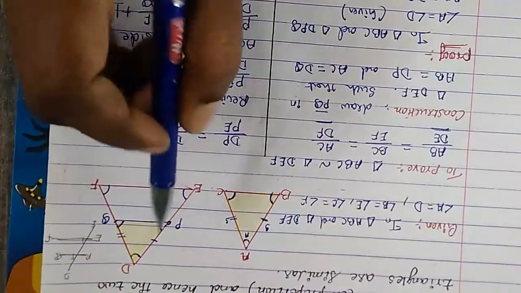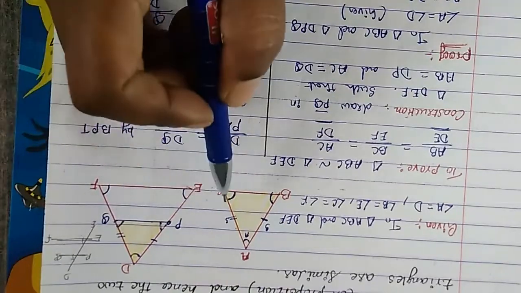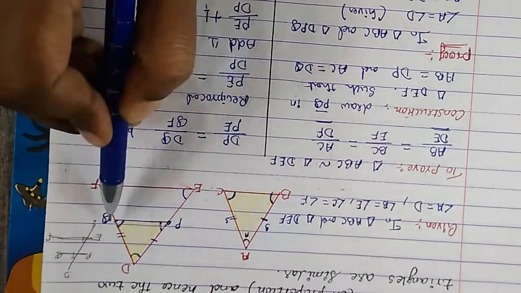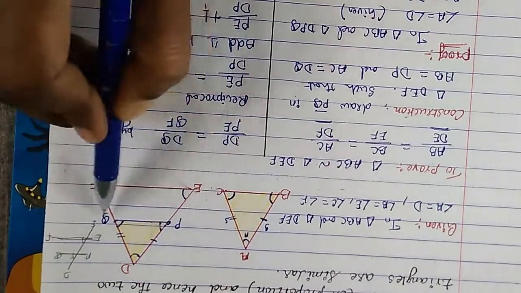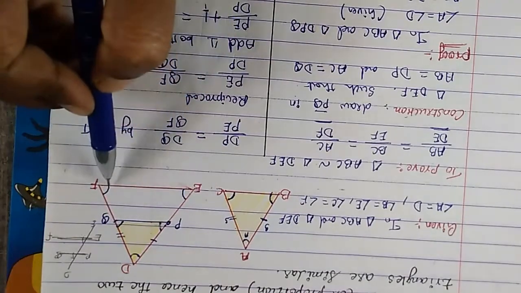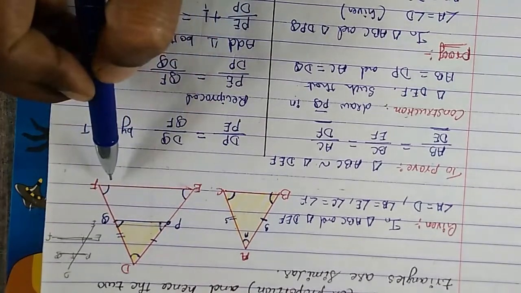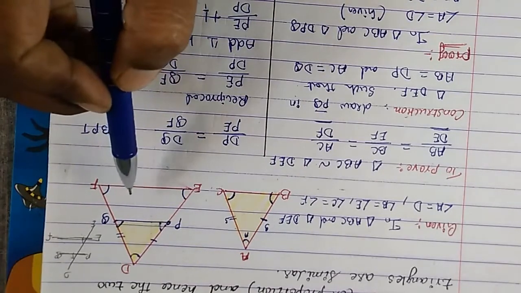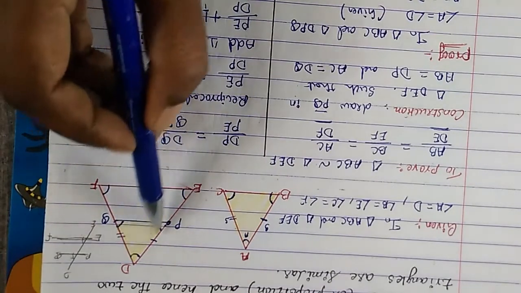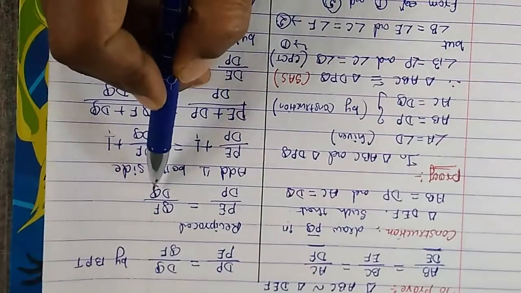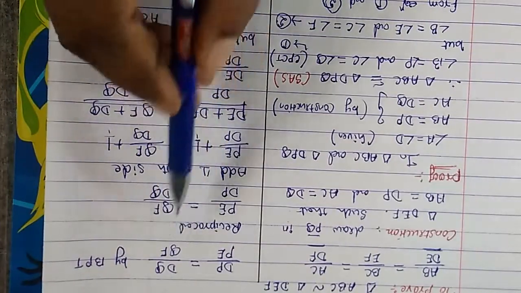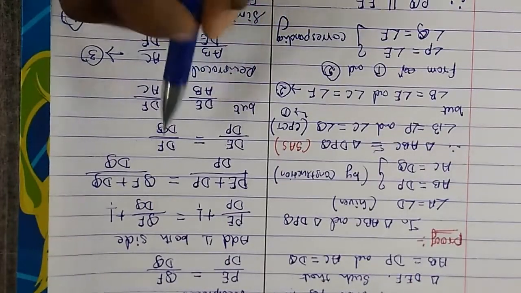If they are congruent, then the angles become corresponding angles. If the angles become corresponding, then this angle is equal to this, which in turn means both will be equal to each other. If they are equal, this line has to be parallel, because they become corresponding angles, and therefore we prove that these two lines are parallel. If these two lines are parallel, then we use the basic proportionality theorem to prove that the ratios are equal. Once we prove the ratios are equal on both sides, we write the reciprocal of that and add 1, so that we can prove that the ratios are equal for these two sides.